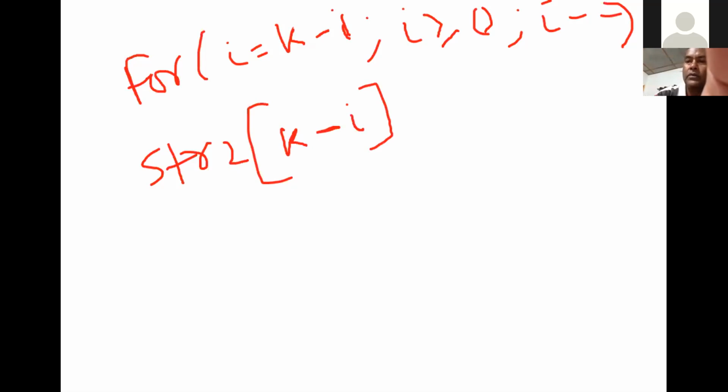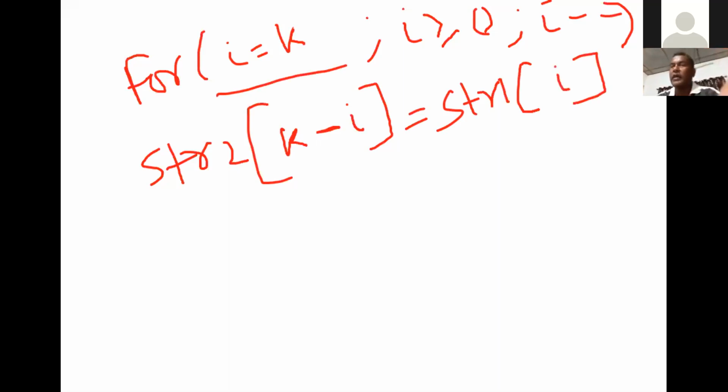And do one thing, slightly I make a correction. So this is K equal to str1 I. So if this is the for loop, and if I put it this way, what does it mean?